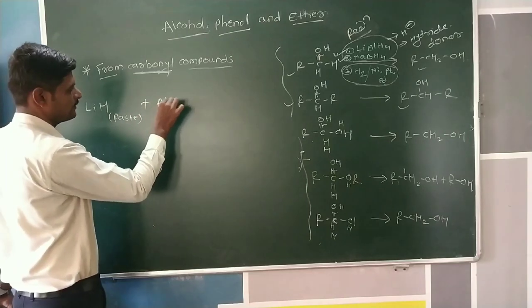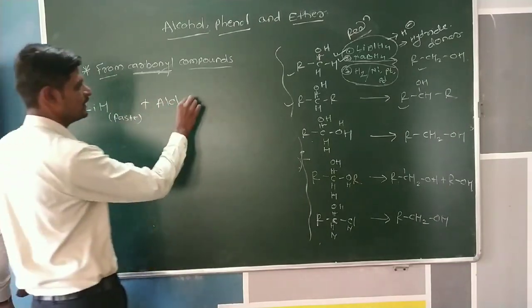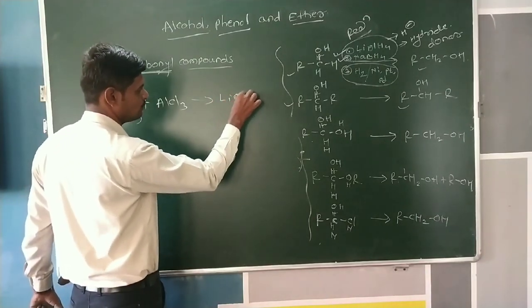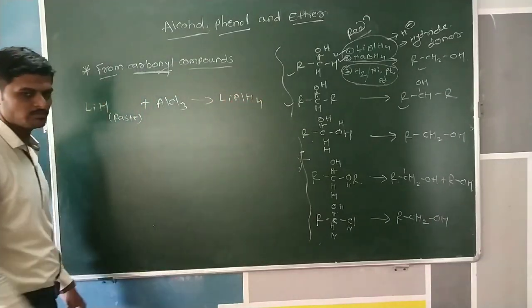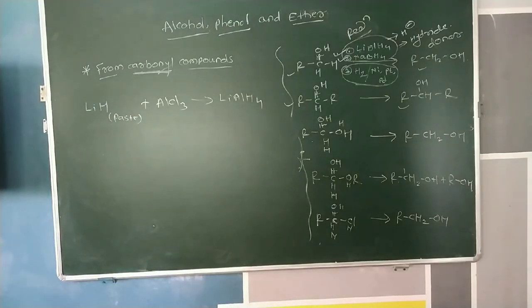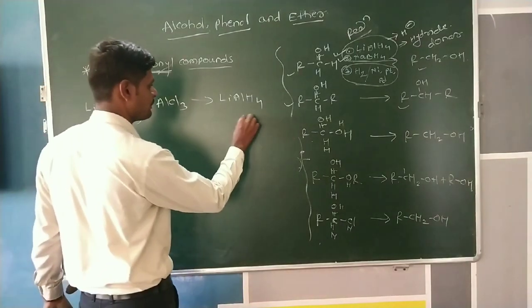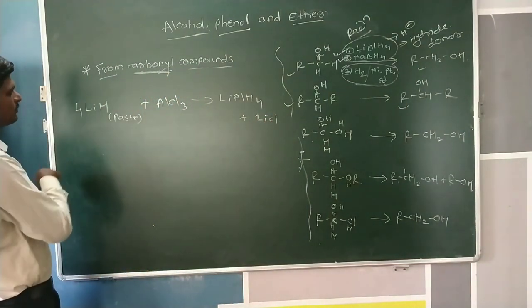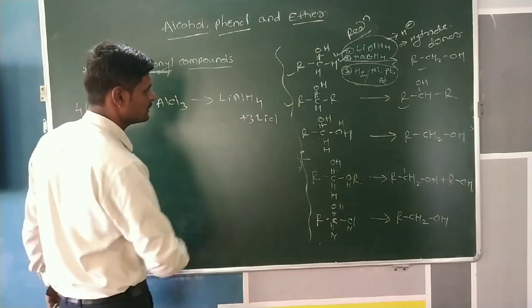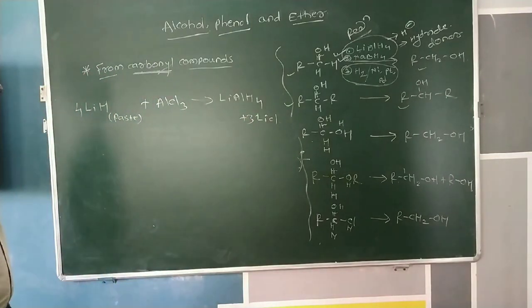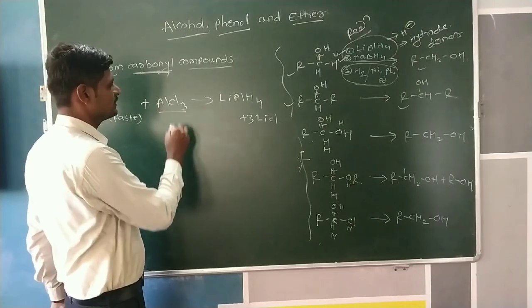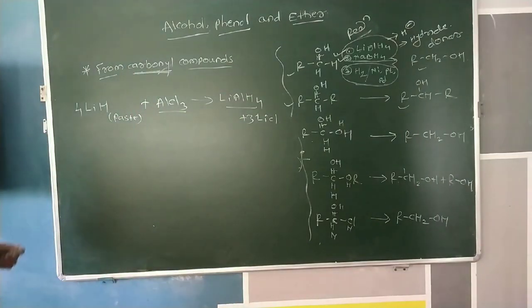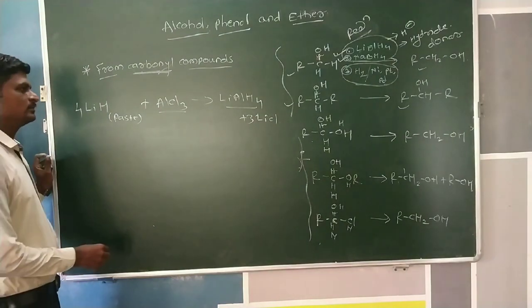LiH is reacted with AlCl3, then it forms lithium aluminum hydride plus LiCl. This reaction is balanced. There are 4 hydrogens here, and then there are 3 LiCl which should be formed. So the reaction of lithium hydride with AlCl3 forms lithium aluminum hydride. Okay, then lithium aluminum hydride